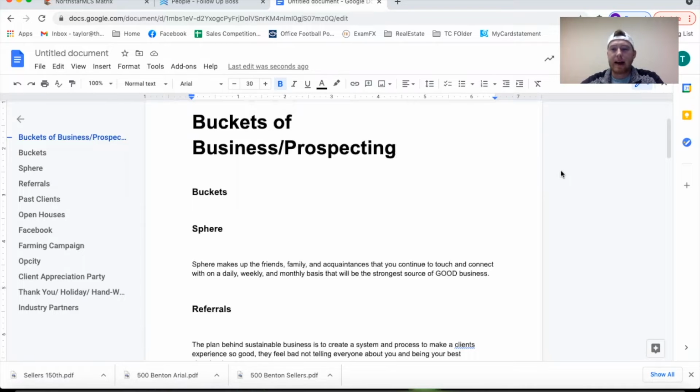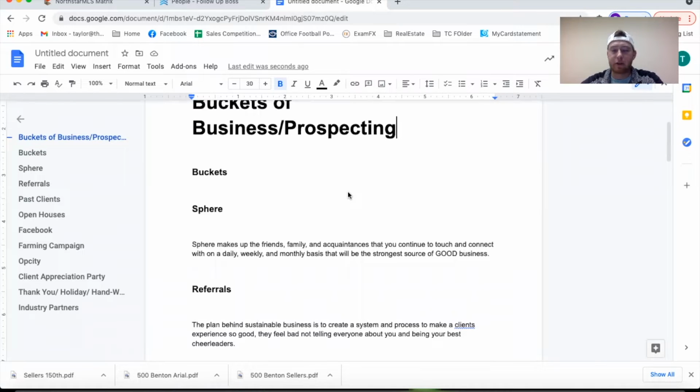And so as we dive in here, finding out different ways of prospecting, where different buckets can come from, the biggest component to this piece is going to be, what do you want to have as your daily and weekly tasks and activities? Are you going to be a cold caller? Are you going to be a door knocker for expireds and canceled listings? Where are you going to want your time spent with the type of personality you have? Not everybody enjoys cold calling, but there's definitely a time and a place for that in this industry.